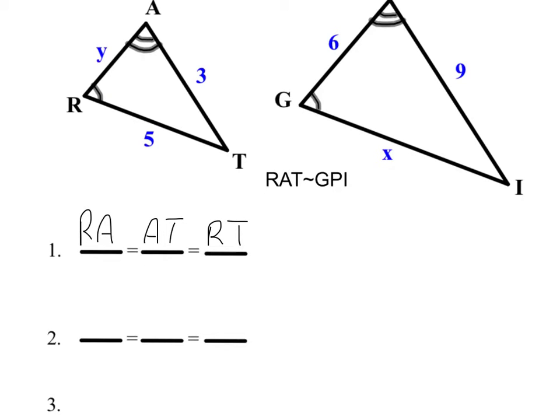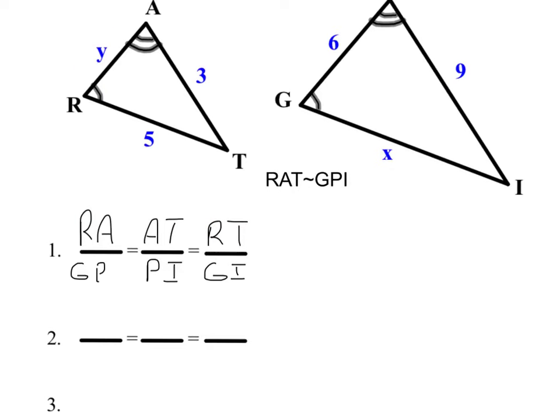And we will match it up with the second side of our similarity statement, and it will be GP, PI, and GI. This will make it much easier now to match up the letters or variables going around our side. So, looking at the top of our similarity statement, RA and going across to AT and RT,